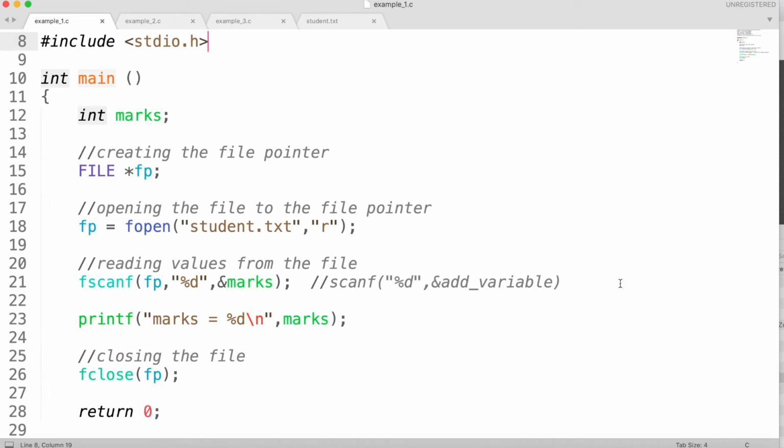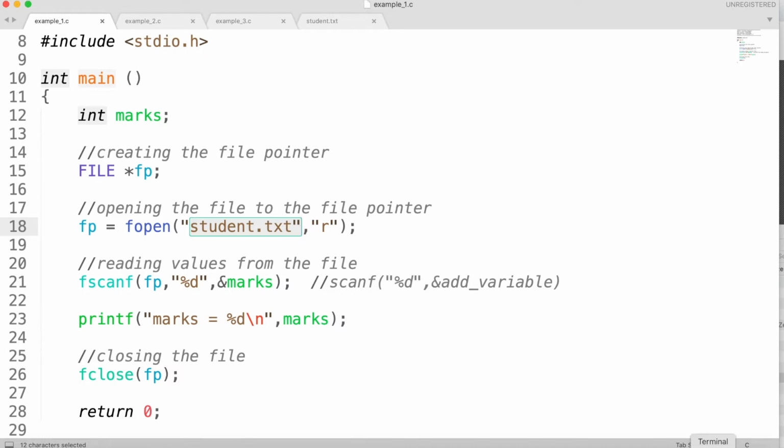So in the previous example that we have talked about, the student.txt and the executable file need to be in the same folder in order to read the integer value from my file, right? So in order to read the integer value, both the student.txt file and the program executable file need to be in the same folder. That is how we have given the relative path, right? So let's see what's going to happen if I do not have the student.txt file in the current folder that I'm running my program, right?